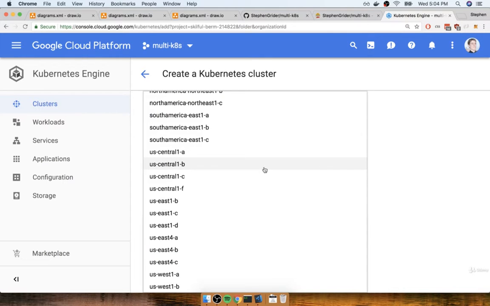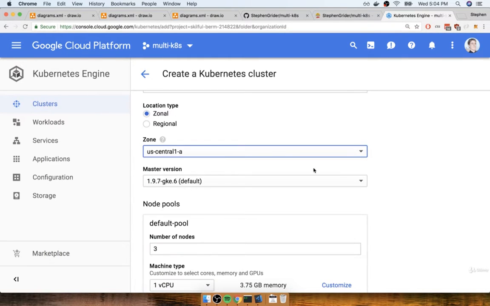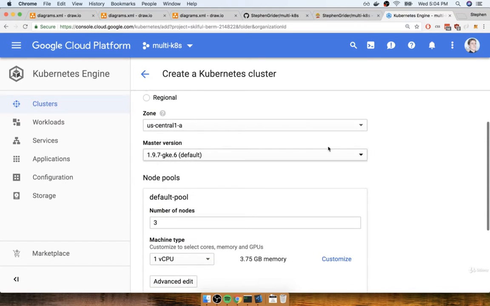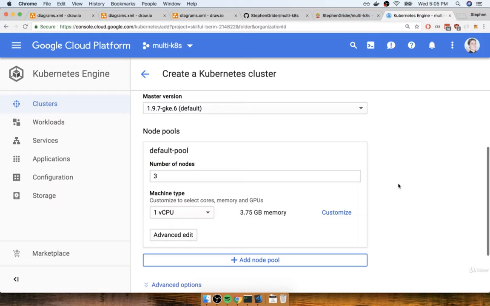I recommend that you select a zone close to wherever you are trying to serve traffic to, or alternatively, just a zone that is close to your geographic location. So for me, I'm going to leave it on my default selection of US Central 1A. I'll then leave the master version as the default setting, and then we get asked to create something called a